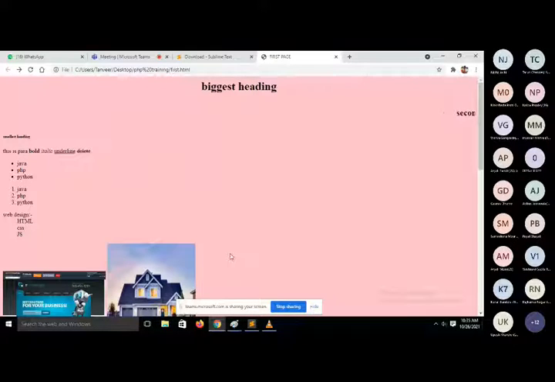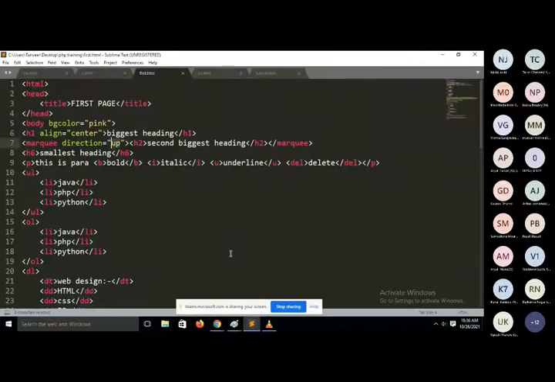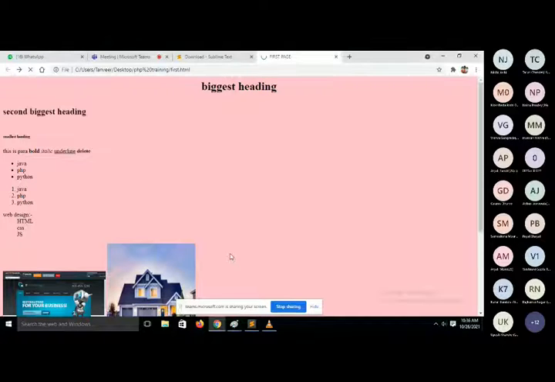When you pass up, it is moving upside. If you pass down, then the direction of the marquee is from up to down, or you can use left and right also.